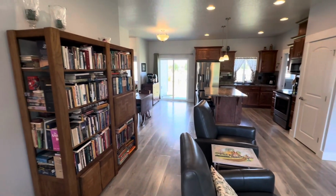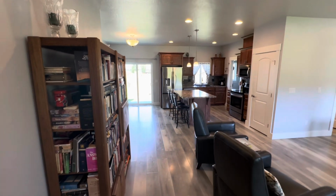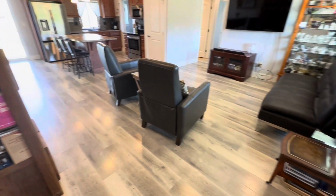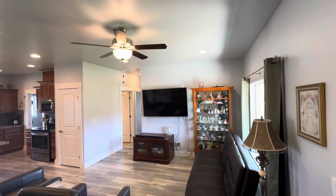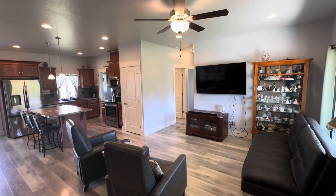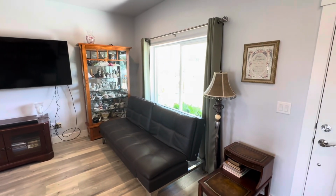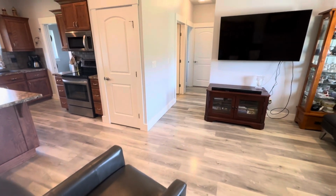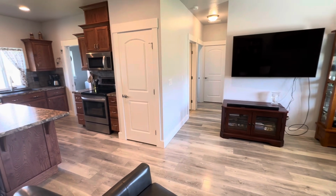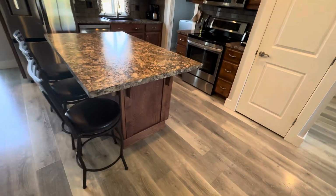And you walk in, very open, 9-foot ceilings, lots of recessed can lighting, laminate style flooring in here, very low maintenance, plenty of room for a big screen TV, ceiling fan, nice big windows throughout the house, very neutral colors, nice tall baseboards, and very light gray colored walls. Here's your kitchen with an island, the beautiful oak style cabinetry,